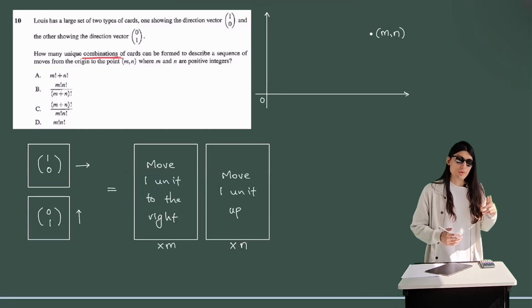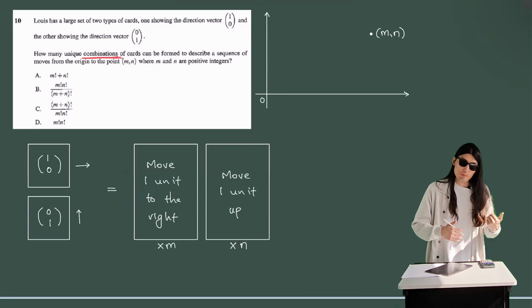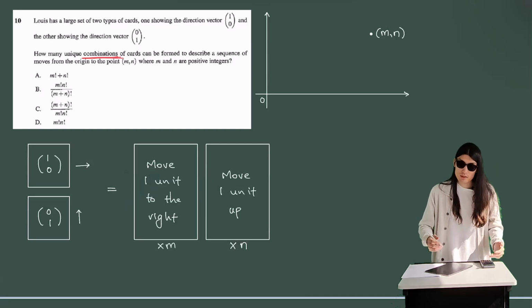And given that moving right 1 unit and moving up 1 unit are the only two types of moves you can make,